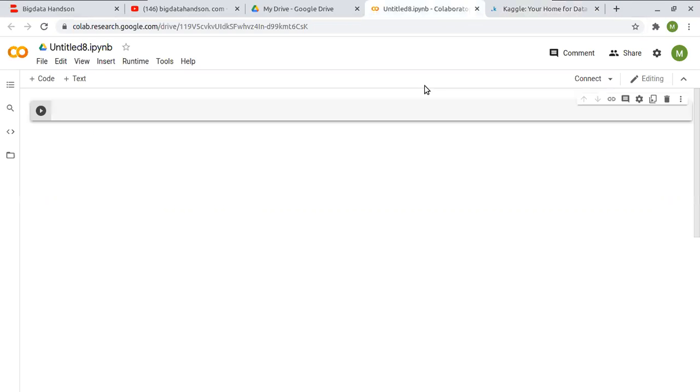For the data today, I'm going to use the churn modeling data, which you can find on the Kaggle website. After creating the new notebook, you want to connect to the environment, so press the connect button.